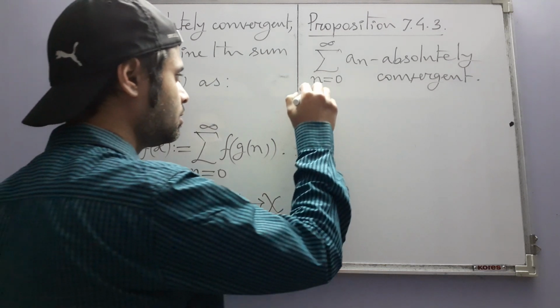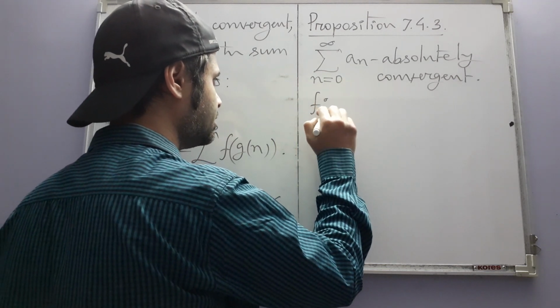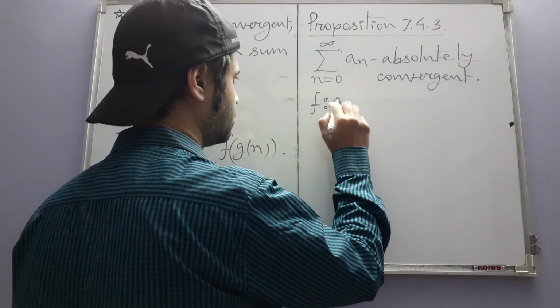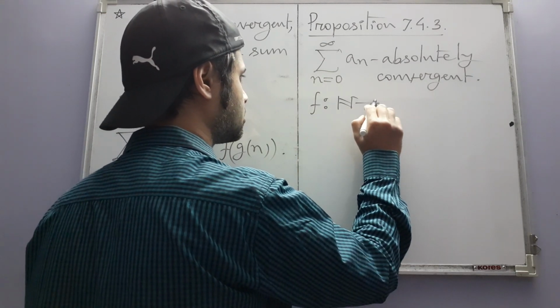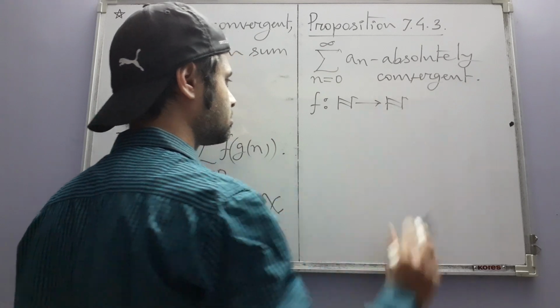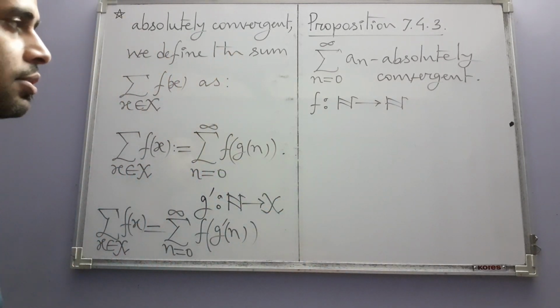Then if you have any bijection f from the set of natural numbers to the set of natural numbers itself, then